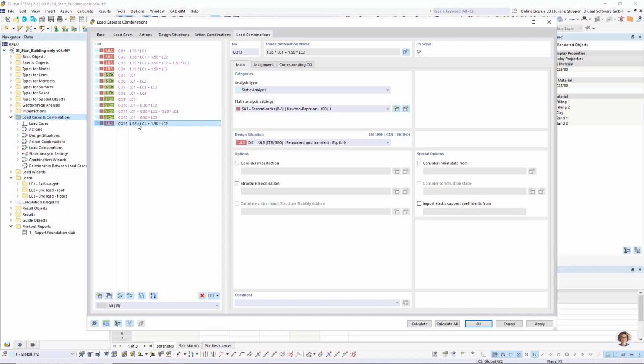Here I have a combination, and we have these special options, and here we can see "import elastic support coefficients from". So what is happening if I activate this setting here? This setting causes that for the current combination the advanced half space method will not be used. Here the finite element analysis will be done with the surface support and also the line support that come from the solution of the load case or combination